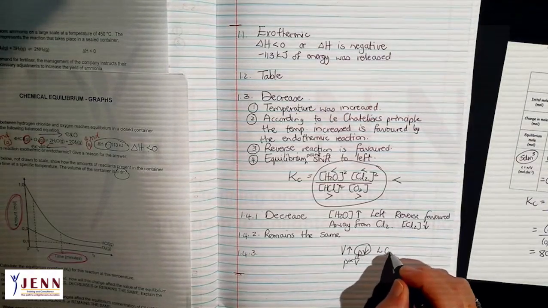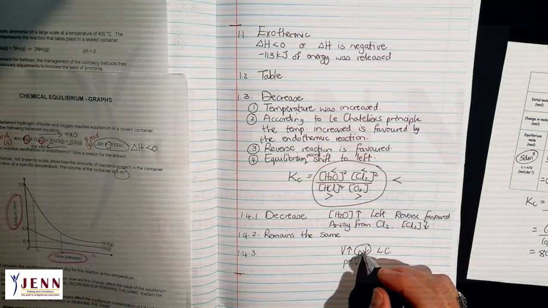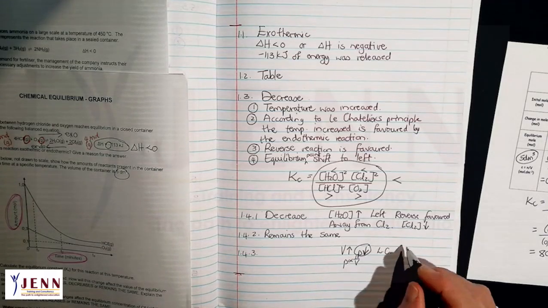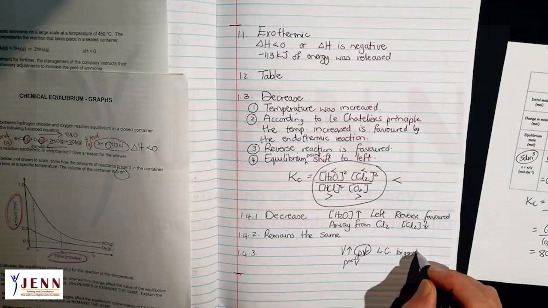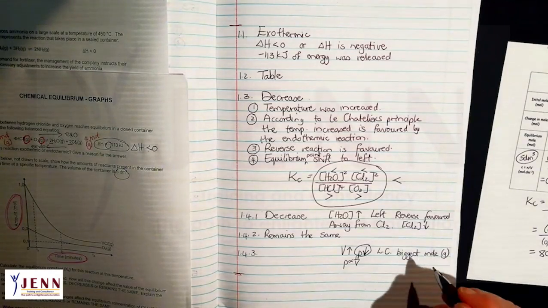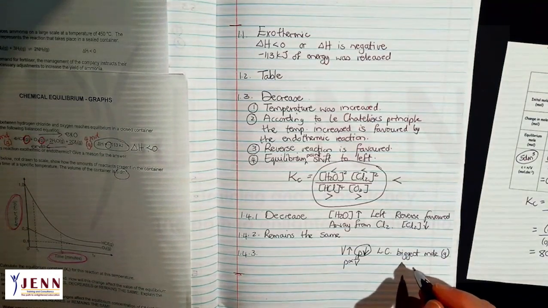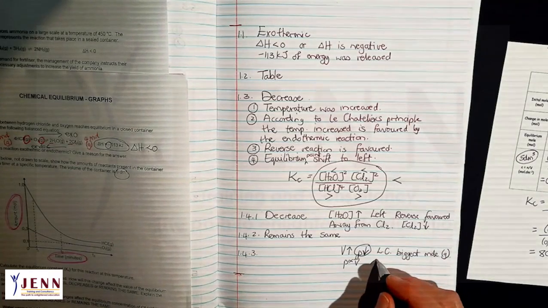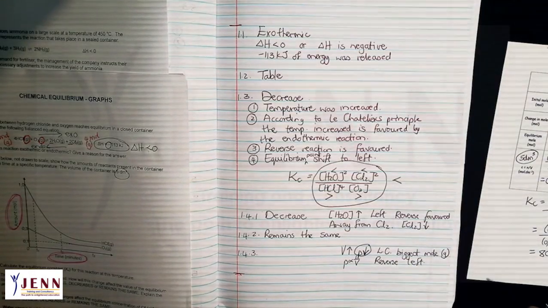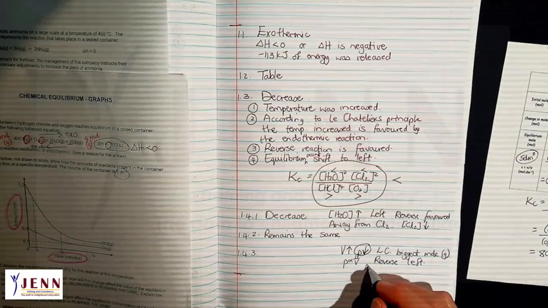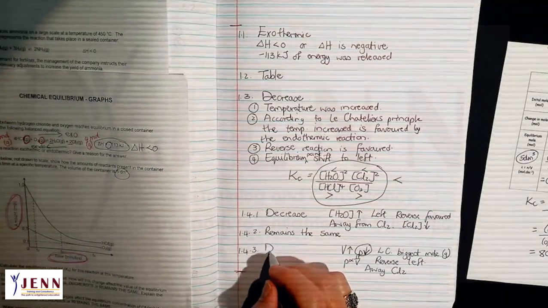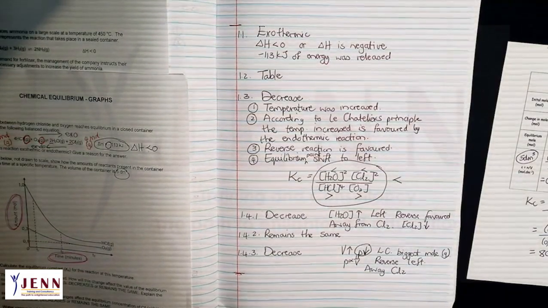Now, according to Le Chatelier, if I increase the pressure, the shift is toward the smallest amount of moles. If I decrease the pressure, then it is toward the biggest amount of moles of gas. So if I look at the biggest, 5 moles versus 4 moles, again the reverse reaction is favored and the equilibrium shifts to the left, that is away from the Cl2. So because it's away from the Cl2, this answer will also be decrease.